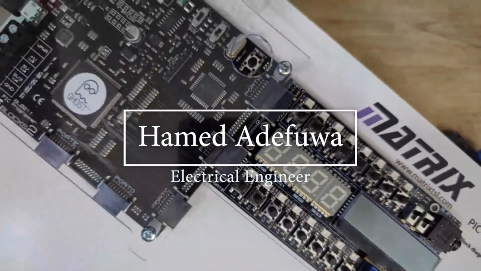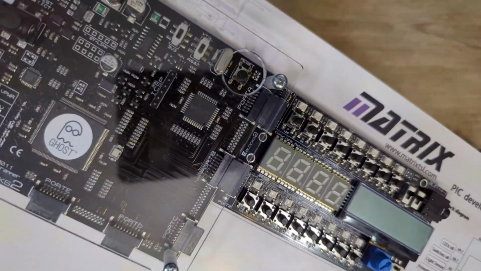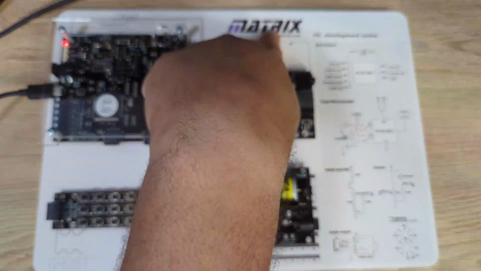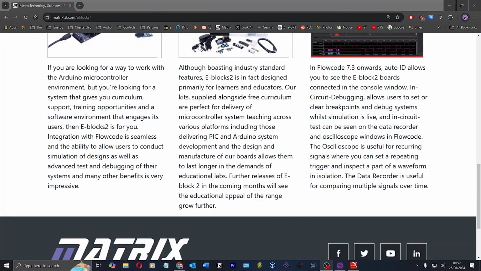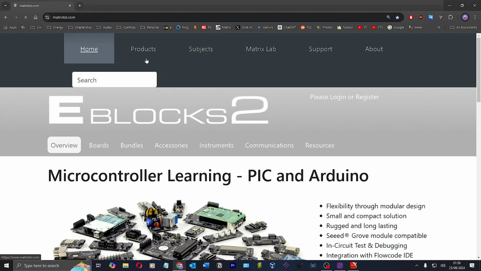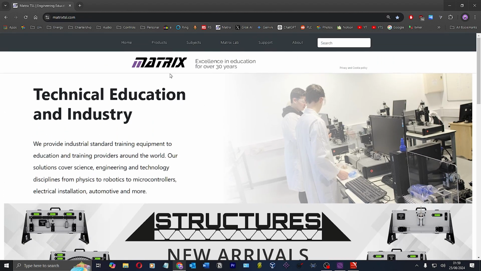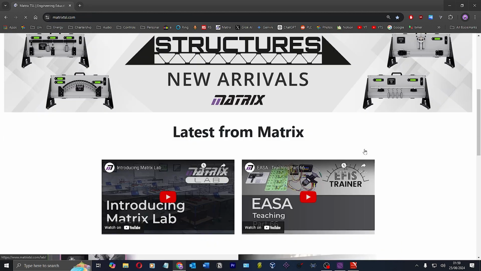I believe this is lesson 6 of me teaching myself microcontrollers. So if you don't know already, I am working for a company called Matrix now, and they basically make educational kits. I'll show you their website here. They make a bunch of educational kits for colleges and universities, and the one that I'm going through is microcontrollers. And so they have their own curriculum, which is